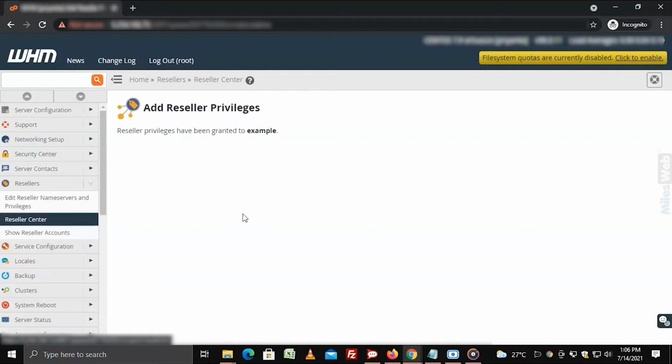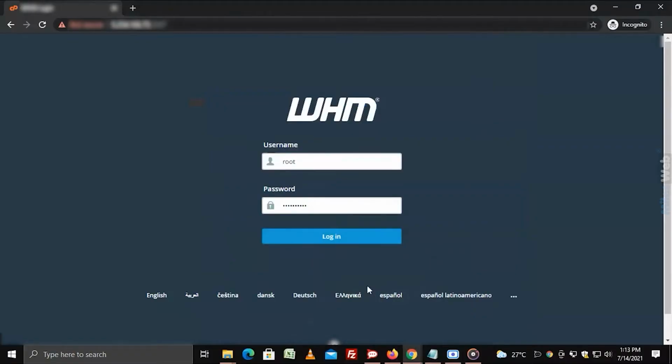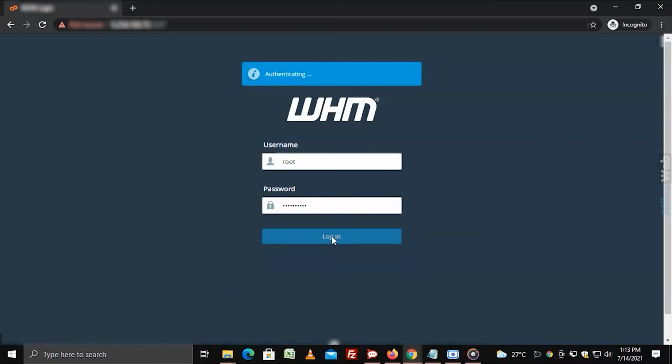Creating a reseller account or adding reseller privileges is not enough. You must set some constraints if you want to utilize the reseller account properly. To define reseller privileges for an account, log in to WHM with root access.